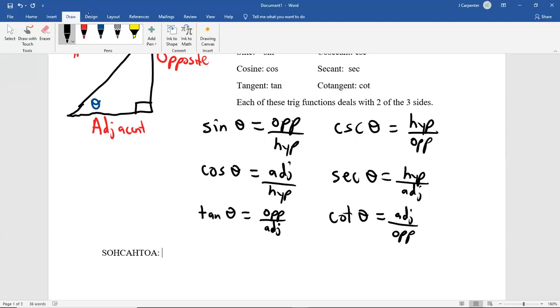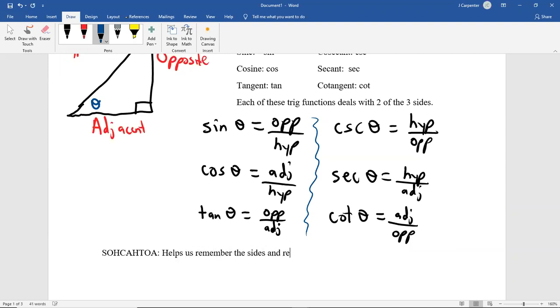So I'm going to put a little divider between the left three and the right three. This SOHCAHTOA is helpful for the left three, for sine, cosine, and tangent, because as I said, these are the ones we'll deal with way more often. We'll see them way more often, and most of the time, when we see these other three, we end up just either in our heads or on our pages, turning them into the others to actually understand them. So SOHCAHTOA will help us remember the